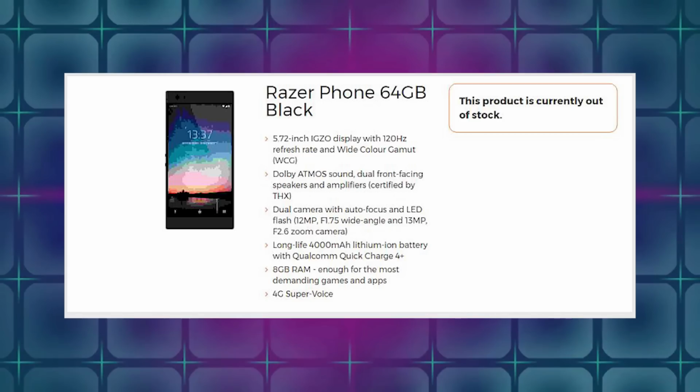This is also going to be the first phone that supports Qualcomm Quick Charge 4 Plus, and according to them, this will allow you to go from 0%, so a completely drained battery, up to 85% in 1 hour, which is pretty good. Of course, I've explained this before on this channel. When you get to that last 10-15%, it takes longer. It just does. But to be able to go from 0 to 85%...